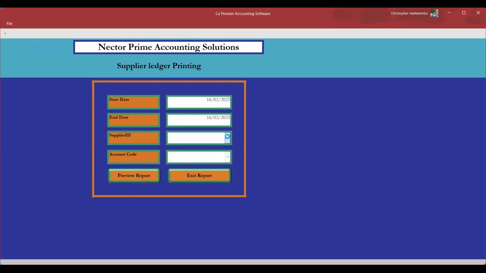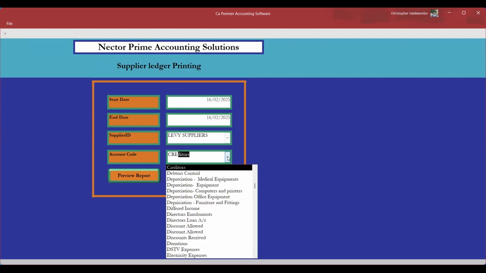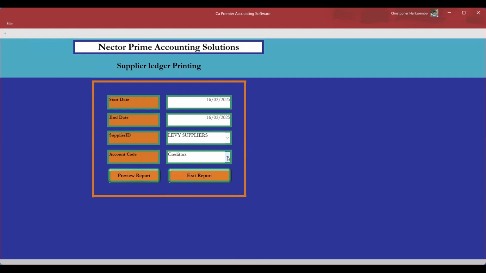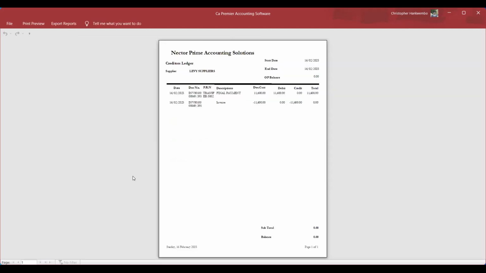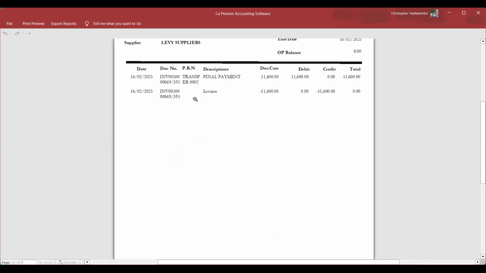Yeah, on this Levy guy. These are creditors. And we try to do this. Ah, there we are. Now, have you seen what has happened again? It has quoted the invoice number which we are paying, to cancel out